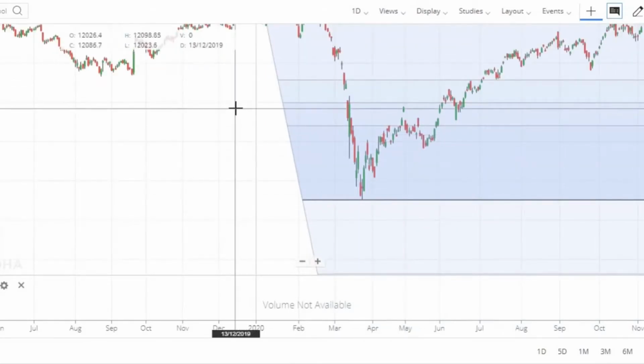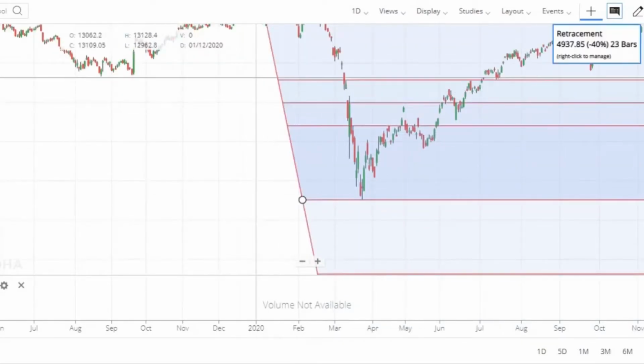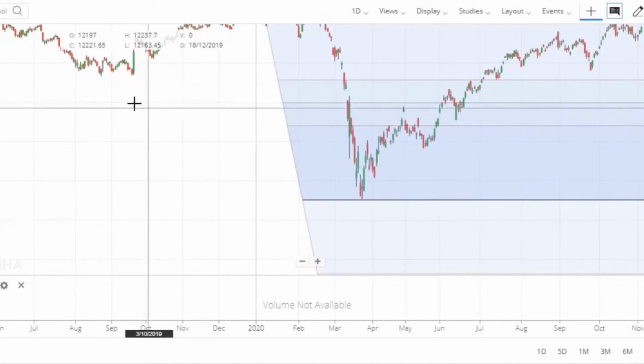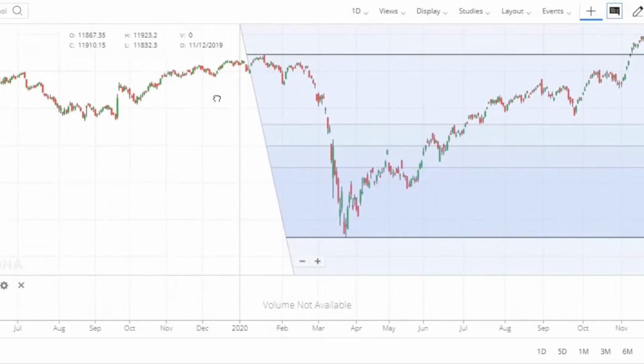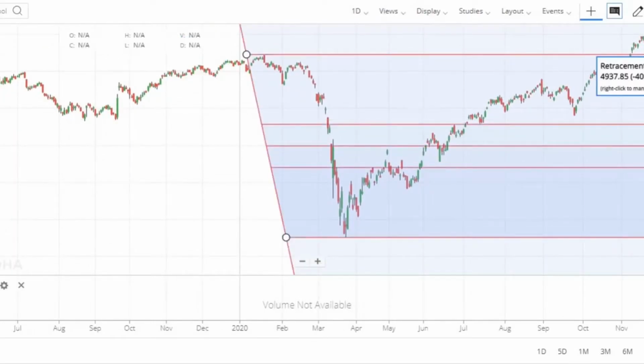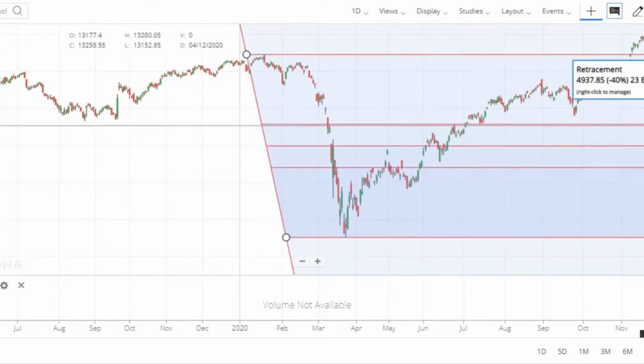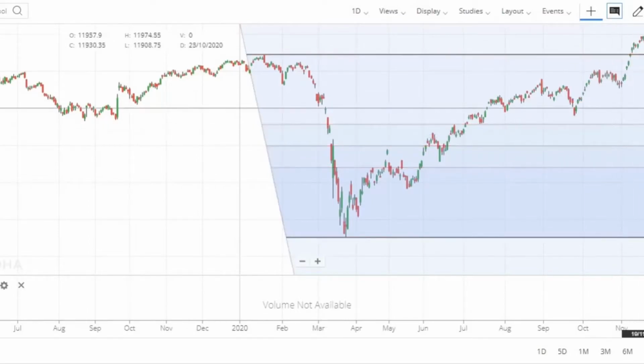So in Fibonacci, 61.8% is considered to be the most important level for any particular asset that you are analyzing. Whenever a stock or any asset crosses above or below 61.8%, the trend changes,